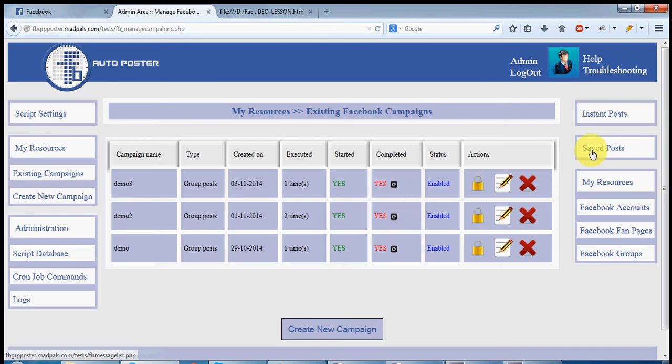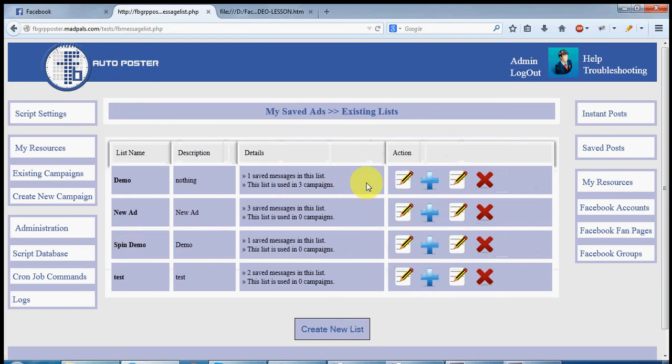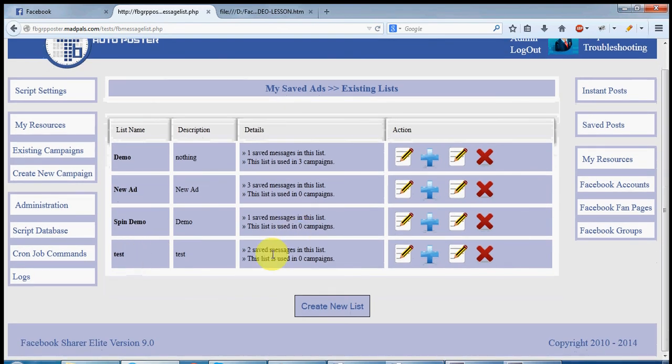So this is the save post area. Here you can save your messages and ads which you want to post on Facebook groups. Click here and you can see I have already added some messages and posts.